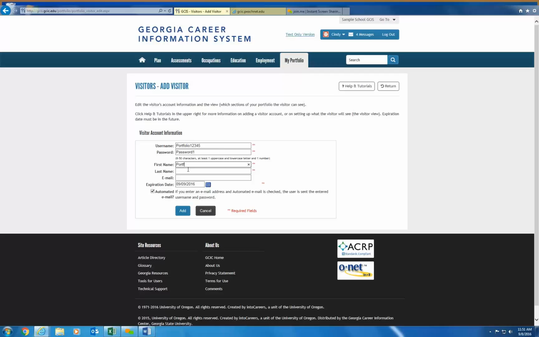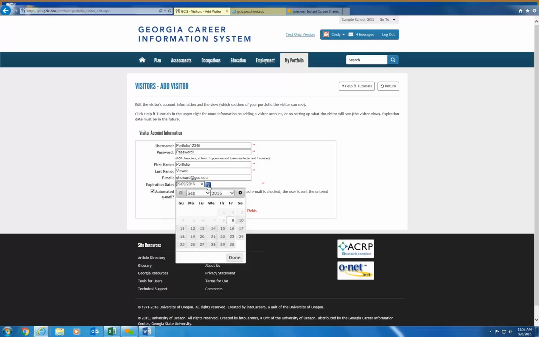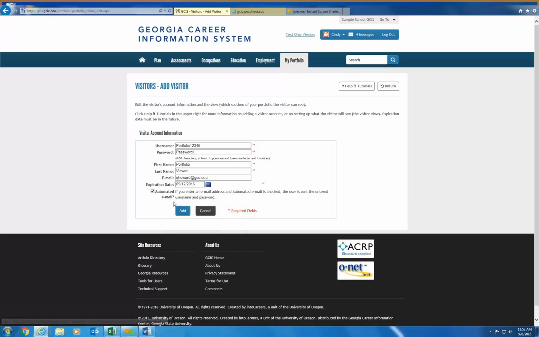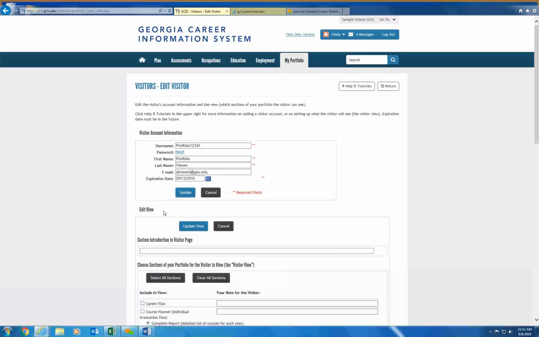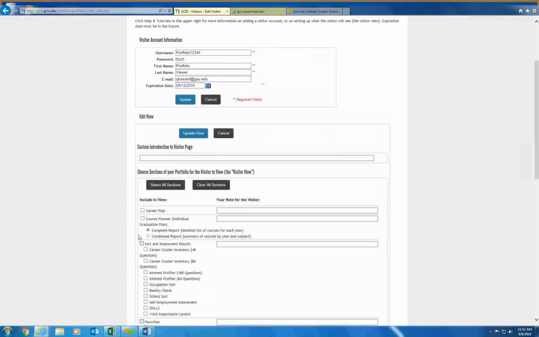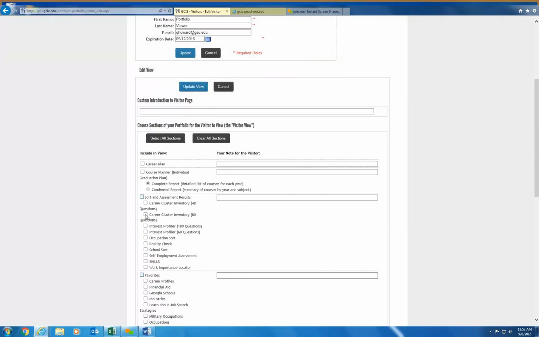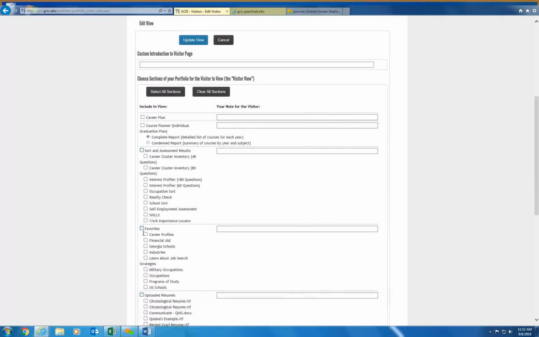I would enter the person's first name, last name, and if I know that person's email address, which would be very helpful because we'll send an email automatically to that person, I get to establish how long that person has to view my information, and I would click on Add. When I click Add, I get to earmark the specific portions of my portfolio that I would like that person to provide commentary on.